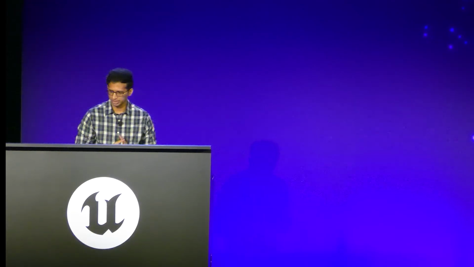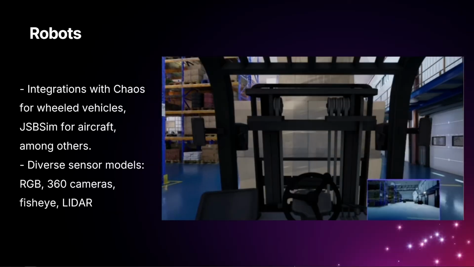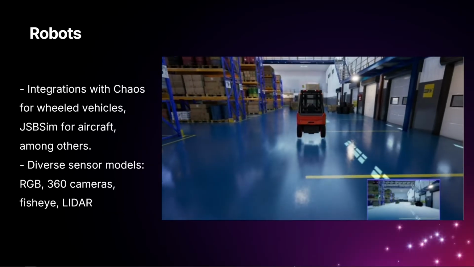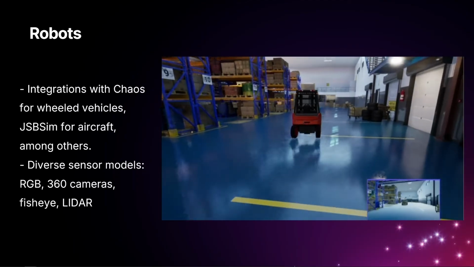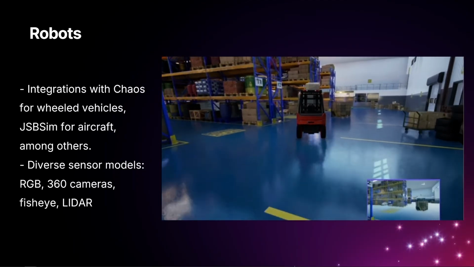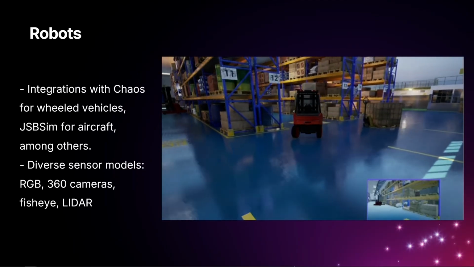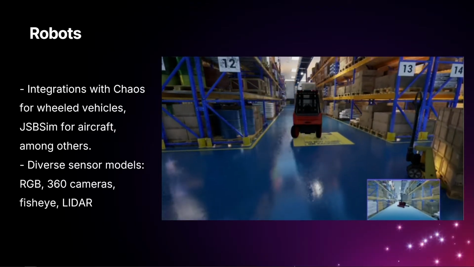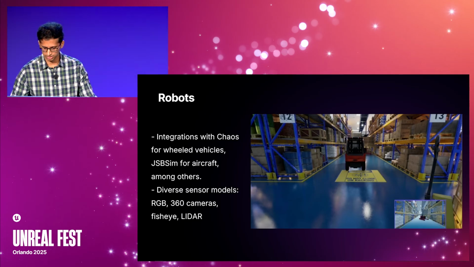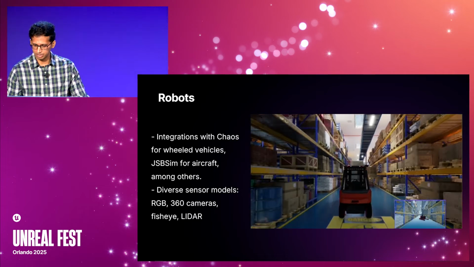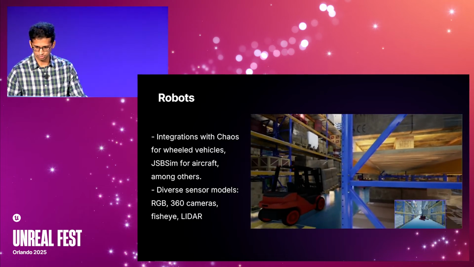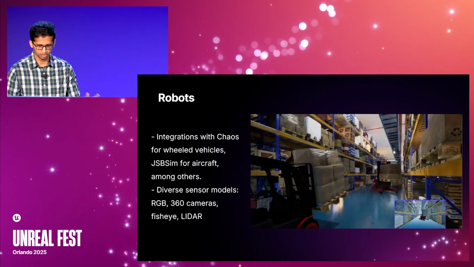The intent is to build autonomous forklifts, which a lot of people are interested in, right? But then you have to not only put the scenery in place and the robot in place, but you also have to get everything worked out right with the physics and the failure possibilities and all of that. And to tie it all together, we have different kinds of robots, leveraging Chaos, leveraging JSBSim, all of these different integrations, but also sensor models. You have to simulate different kinds of cameras, different LiDARs, and distortions, and noise parameters, and so on and so forth. All of that is also very important to get true sim to real.